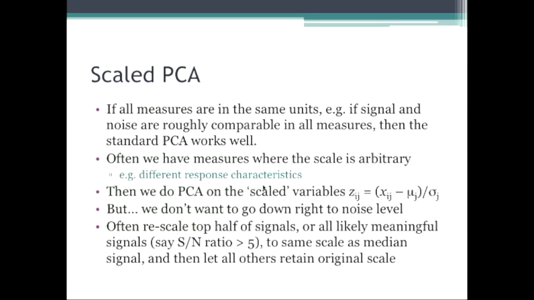So a z-score transform. You basically subtract the mean and divide by the standard deviation. And that's what I've illustrated here. I find, and some of the other data analysts I talk to find, a more robust procedure is, because there's often a level of irreducible noise in your data, to try to identify some scale at which you think the fluctuations are meaningful, and then scale everything above that down to that scale, but leave the small ones, because they're often reflecting just noise.